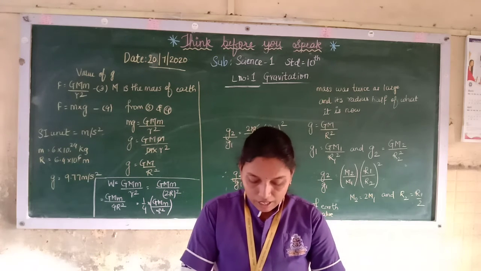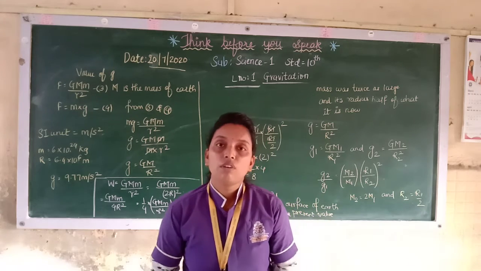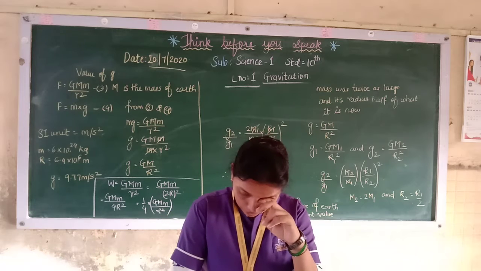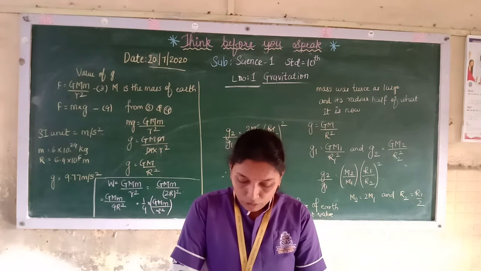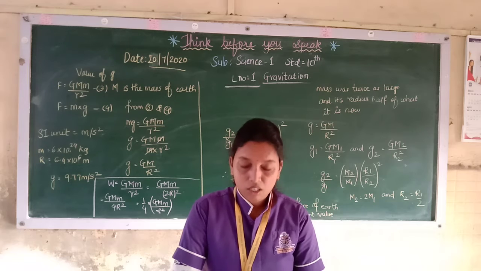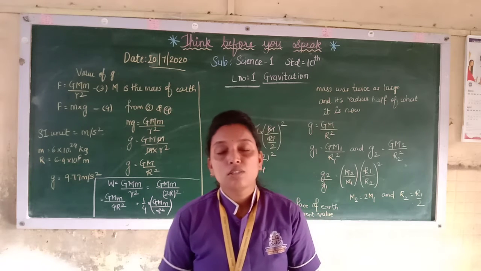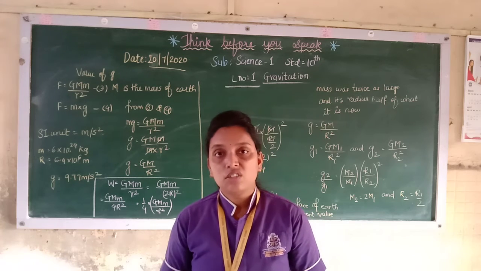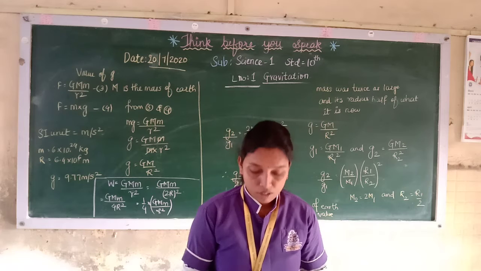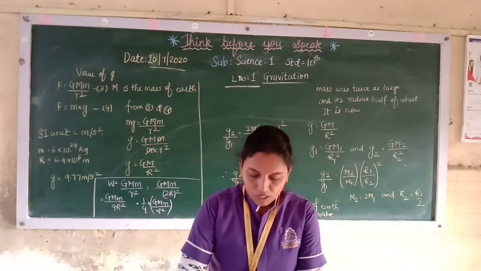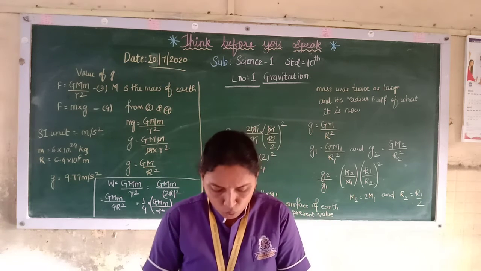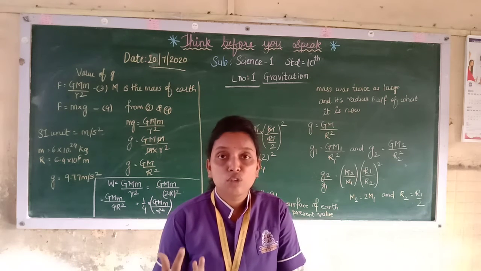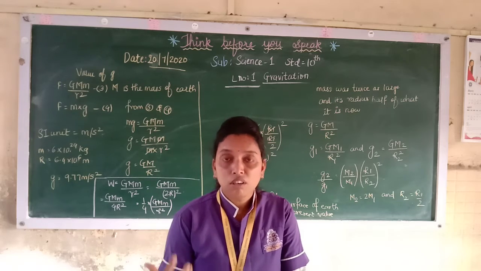Mass is a scalar quantity. Again, I told you about scalar and vector quantities. Here mass is a scalar quantity. Its value is the same everywhere. Its value does not change even when we go to another planet. So mass remains constant wherever you go. The thing is, the weight changes because the gravity changes. So we'll see further. When we go to another planet, the mass will not change. The mass remains constant throughout the universe.